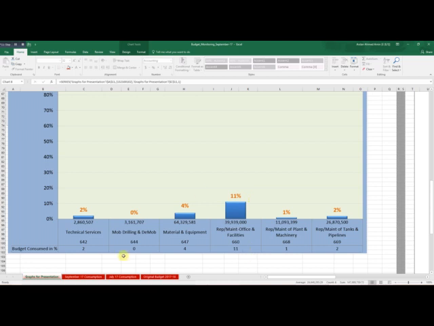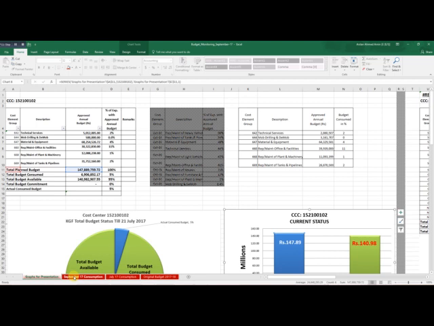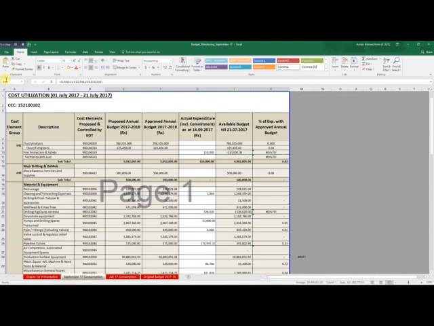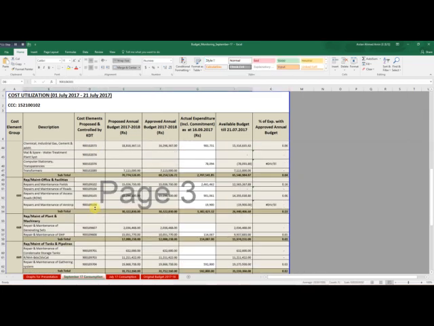So this is all about budget monitoring, for the REVEX budget monitoring, that is the revenue expenditure related to spares and maintenance services of the field.